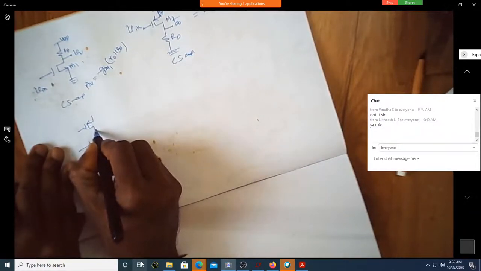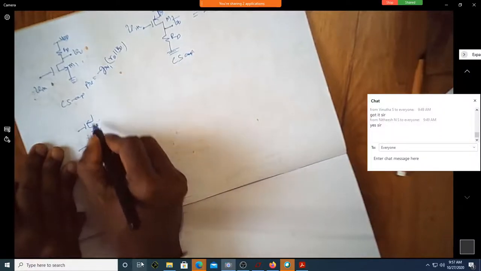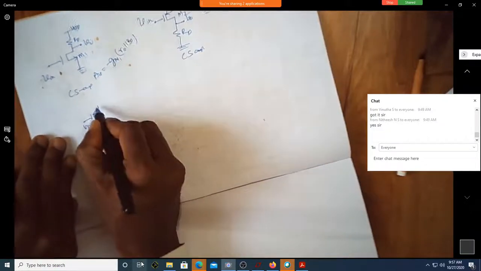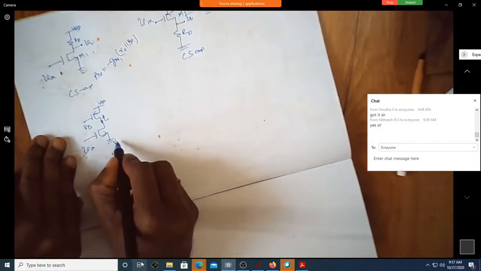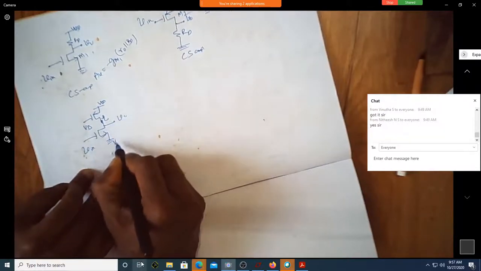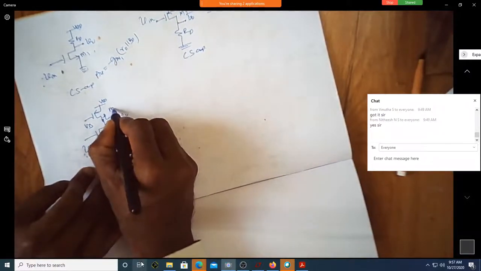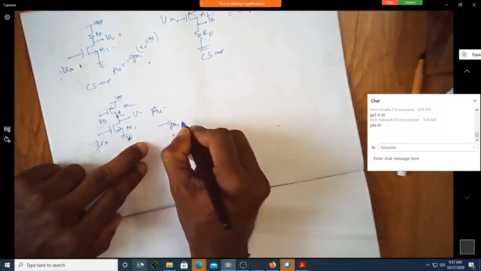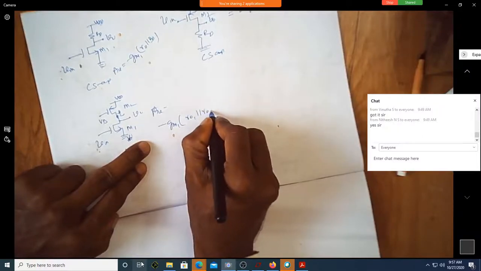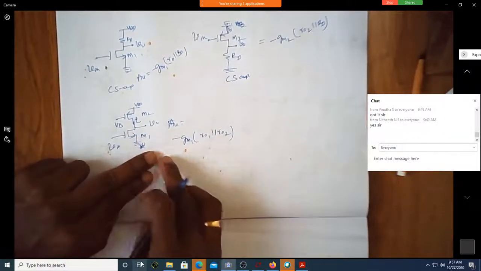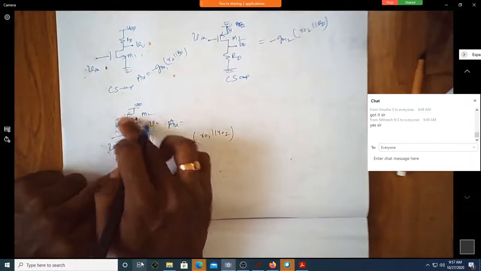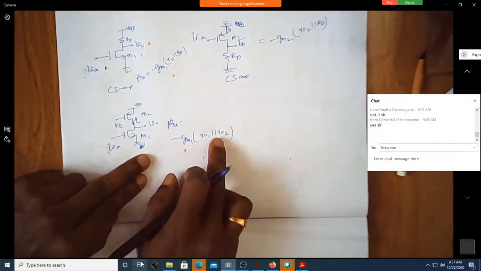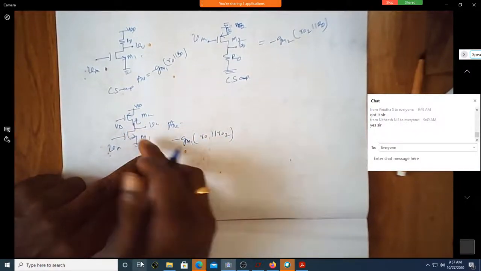Assume that you have, this is looking towards the drain. Am I correct? Yes, sir. This is V in, this is VB, this is VDD, this is ground. If I measure V0 here, if I write it as M1, M2, what is the gain? Shall I write it as minus GM1 R01 parallel R02? Yes, sir. Because what is the resistance contributed by this, looking towards the drain? R not 2. So this is R01. Yes, sir.